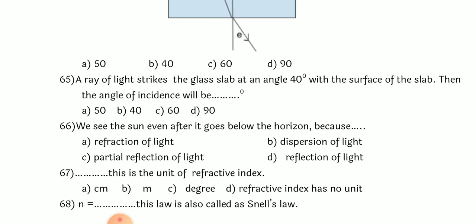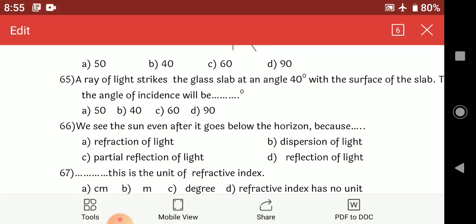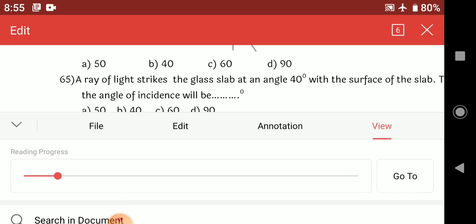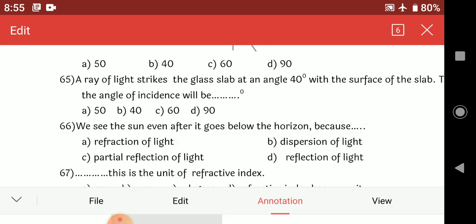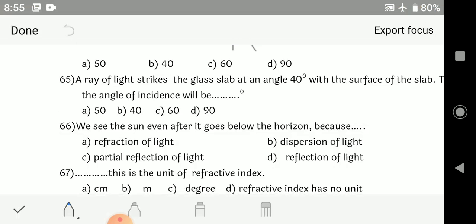65. A ray of light strikes the glass slab at an angle of 40 degree with the surface of the slab. Then the angle of incidence will be. Now when a ray of light, just take a pen and I'll show you. See here, this is the surface of the glass slab. A ray of light, we will draw a normal. A ray of light passing